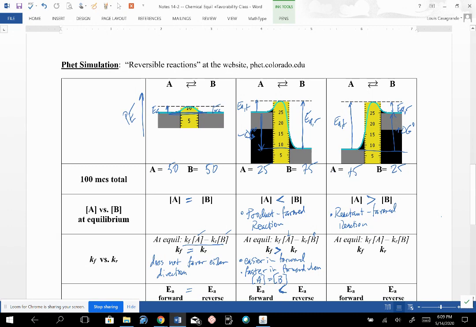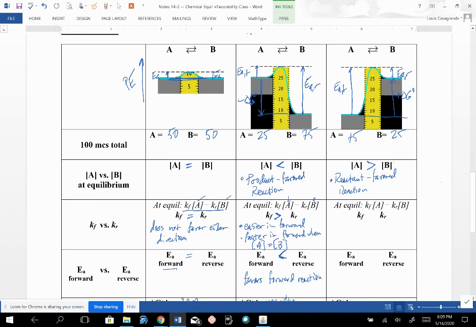And we'll get to them in acids and bases. Because the concentration of A is bigger than the concentration of B, that means that the forward rate constant has to be lower, which makes sense because the activation energy in the forward direction is larger. What this means is that it's harder in the forward direction, and so it's slower again in the forward direction